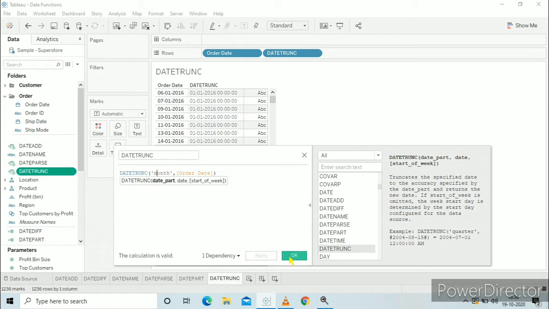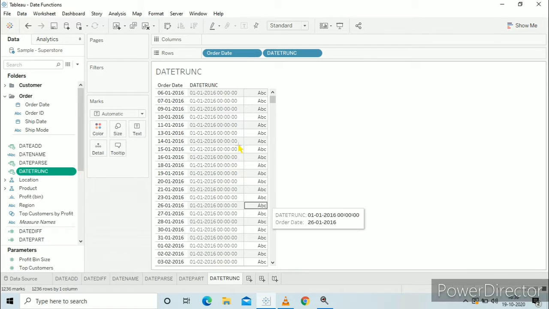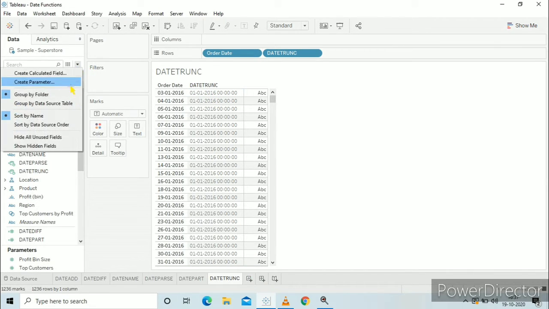So click on OK. As I have selected month, all the dates in order date of January will be truncated to 1 January. And all the dates of the order date in February are truncated to 1 February. So if you consider year or quarter, it will be truncated based on that.